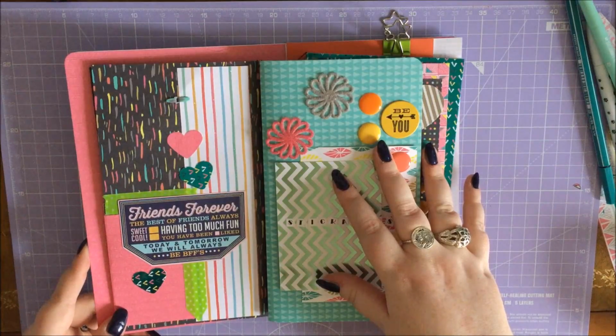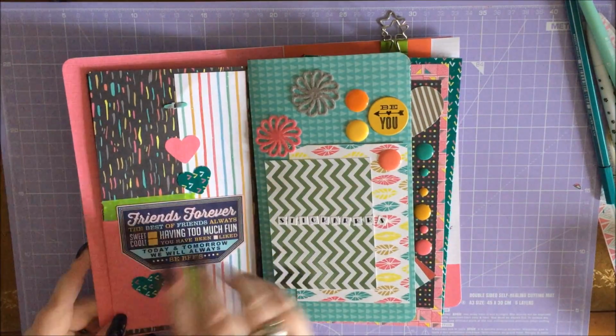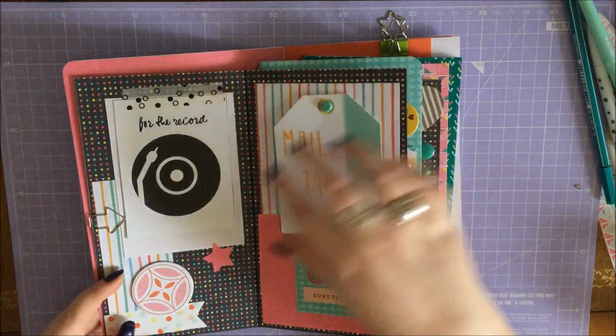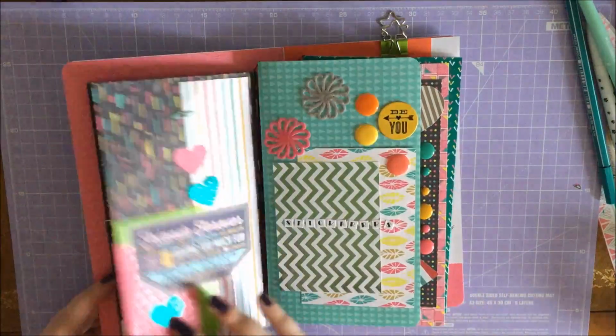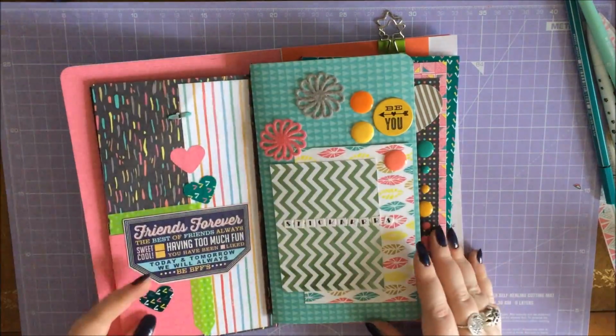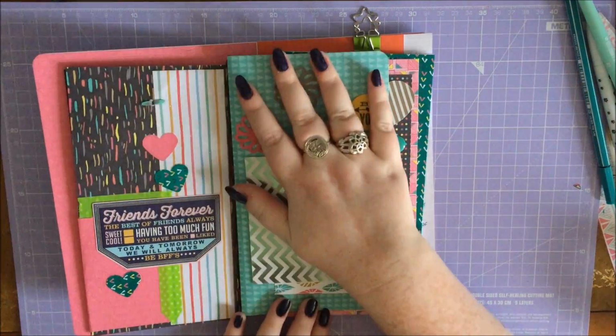That doesn't sound like correct English, but it'll do. And then quite simply decorated on the back. I didn't want to cover up the back of the brad there, because I wanted it to be able to turn nice and easy. Usually I cover them up with washi, but as I said, I wanted it to be able to turn nice and easy. This next one is the one that has the envelopes in, so I've just decorated the front here